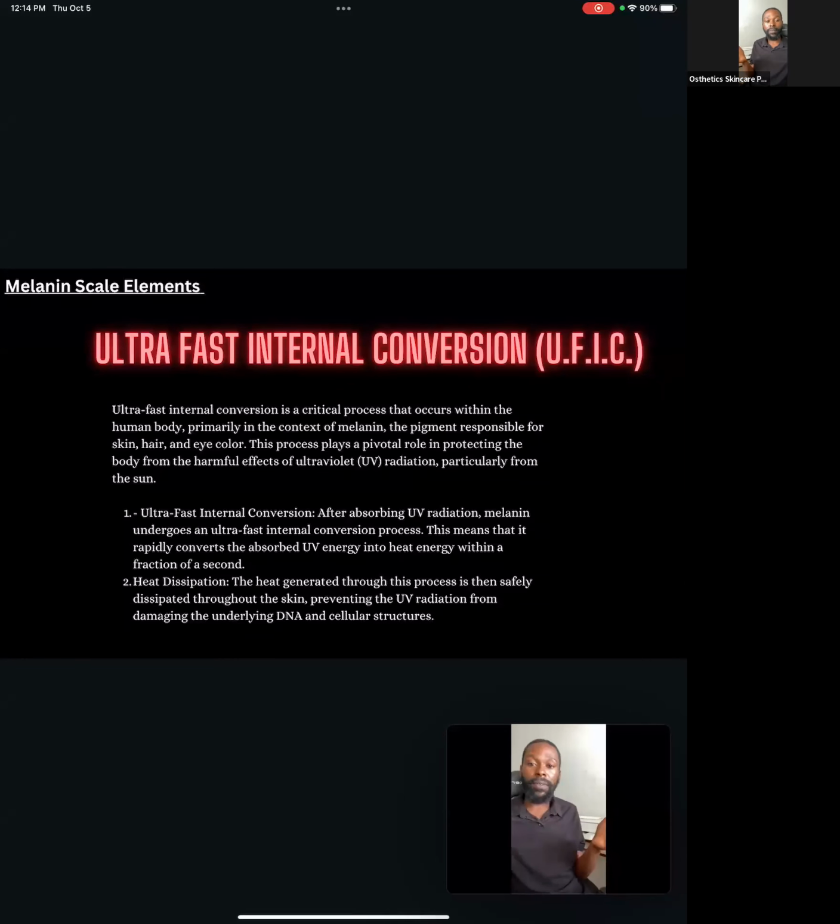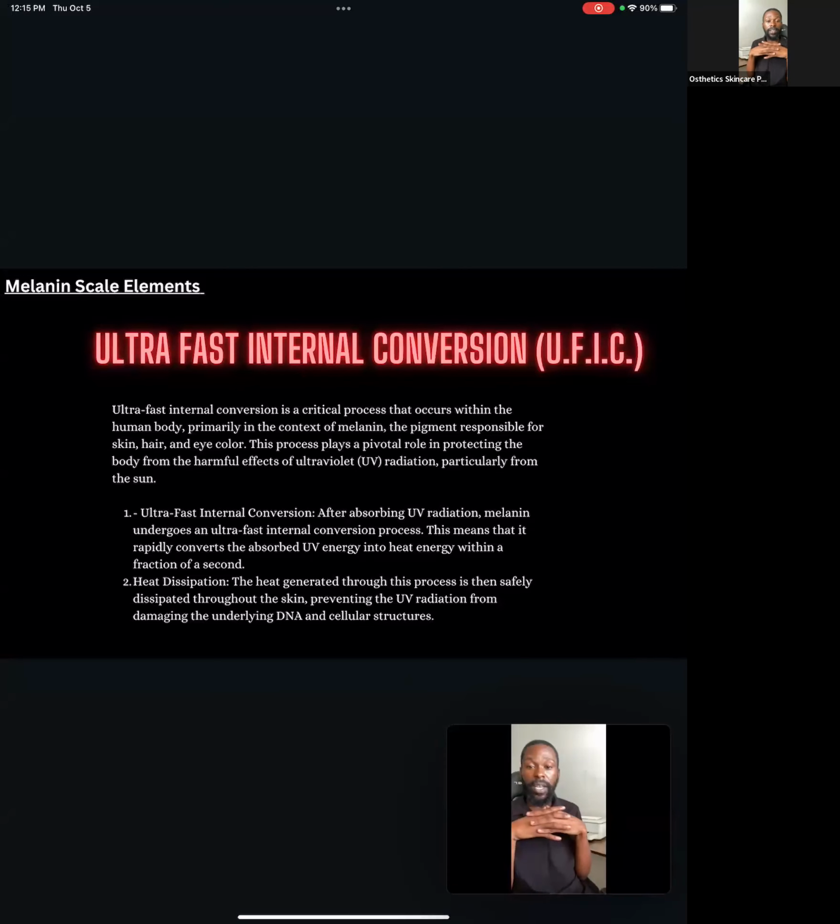Now let's talk about ultra-fast internal conversion. I know some of you probably want to know, what is internal conversion? What does that look like? So internal conversion is a crucial process that occurs within the human body, primarily in the context of melanin, the pigment responsible for skin, hair, and eye color. This process plays a pivotal role in protecting the body from the harmful effects of ultraviolet radiation, particularly from the